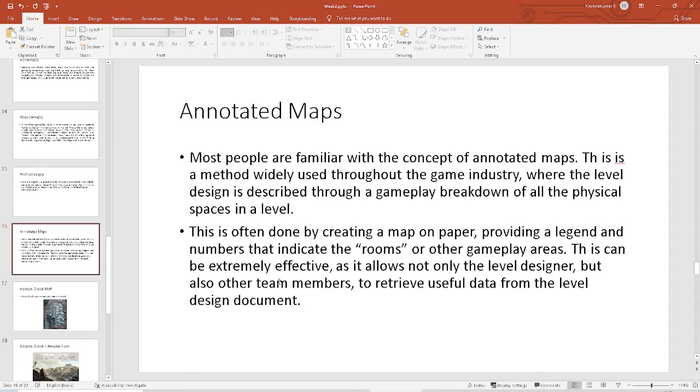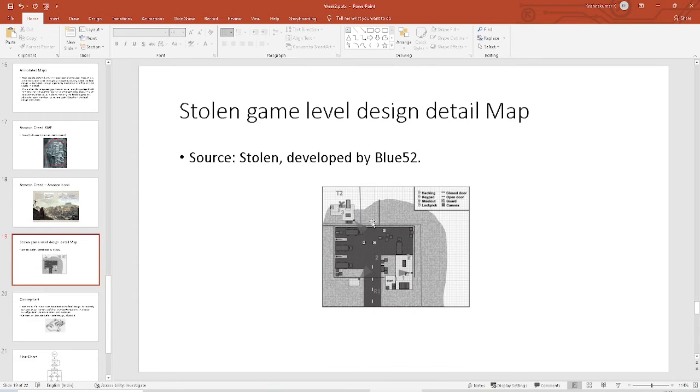So most people would be familiar with a game map, where we give a detailed map of a certain game. For example, this is a map which is present for a stealth game. So it's a kind of an old game. You can see there is a surveillance camera present which is annotated, and for hacking, for example, you can see that there is an H symbol. So we will be starting from here and there will be guards present here.